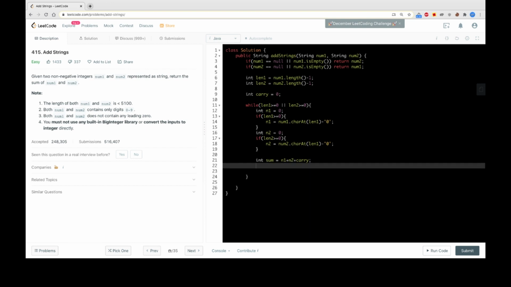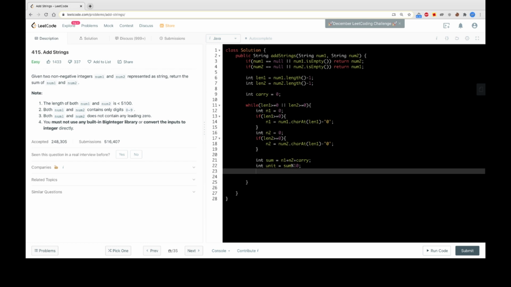Now we need to find the unit digit first, so we can call it int unit. And how do we find its unit digit? Like sum modulus 10, and then we need to find out if there is a carry forward. So carry will be equal to sum divided by 10.